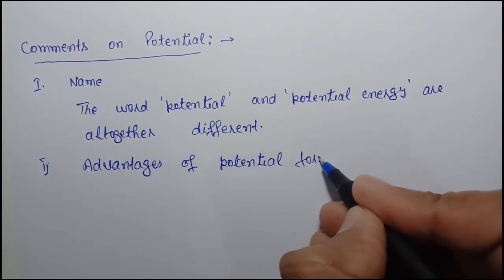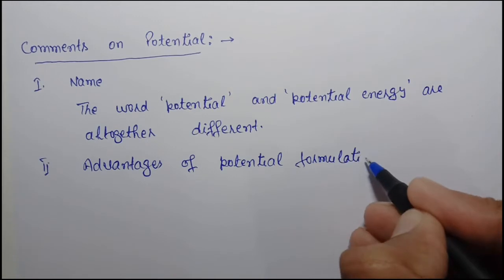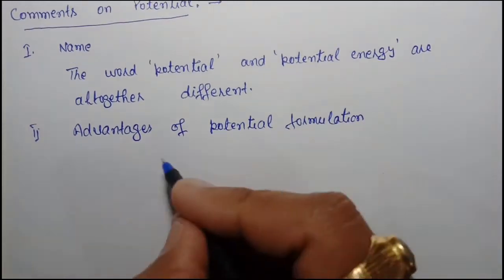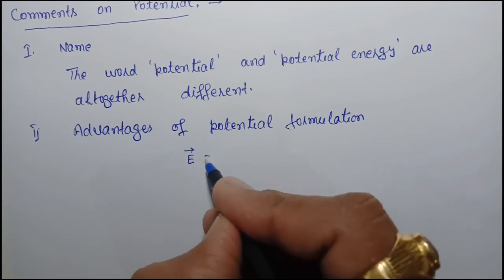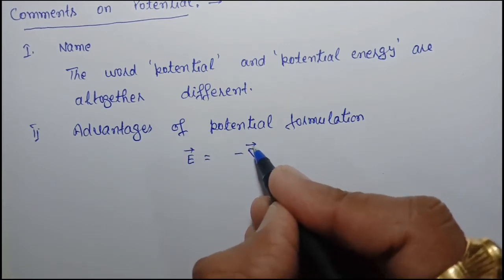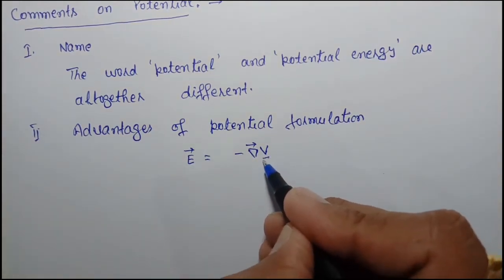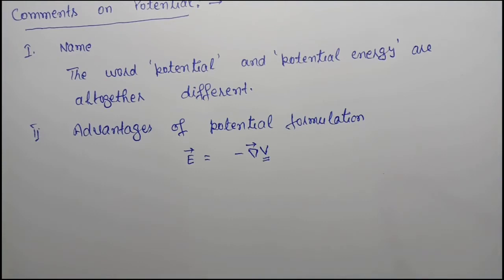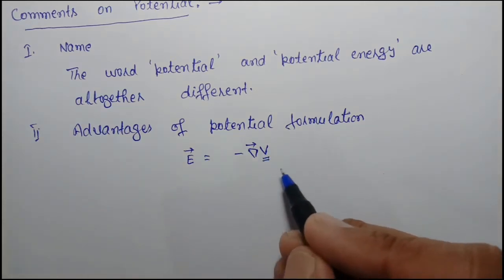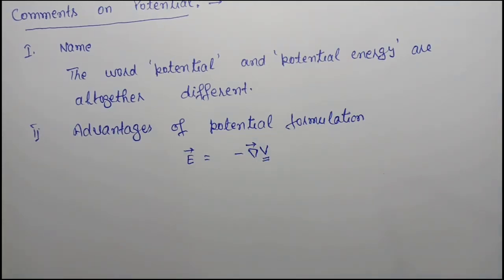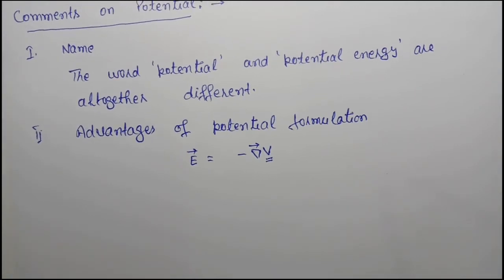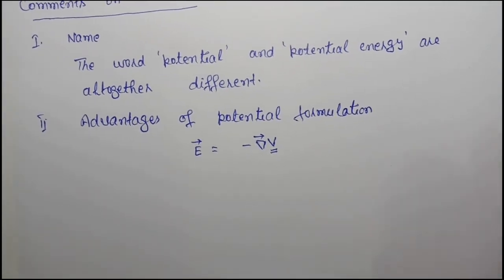That is electrostatic potential. So as we discussed, E is equal to minus del V. Here we are using the scalar quantity, so the calculations of any problem become easy as compared to the vector quantity. So when we use the scalar quantity, then we can solve the problem easily as compared to the vector quantity. So this is the advantage of